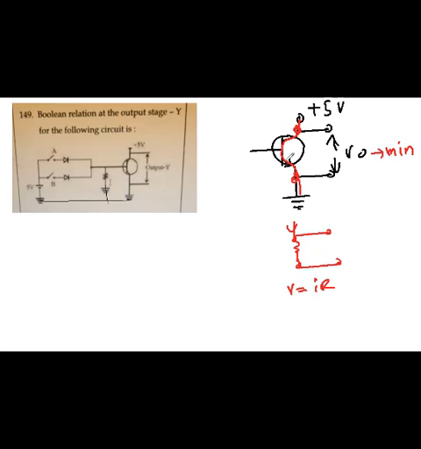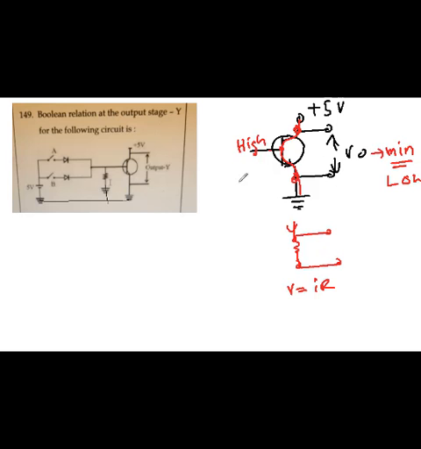When will the transistor conduct? For this, the transistor base should have a high value. You should supply a voltage at the base, only then the transistor will conduct. So if you give a large high voltage here, only then will the transistor conduct. And when the transistor conducts, output will be minimum. So if you give a high input at the base, the voltage across that will be low. Instead of calling it minimum, I can call it low.